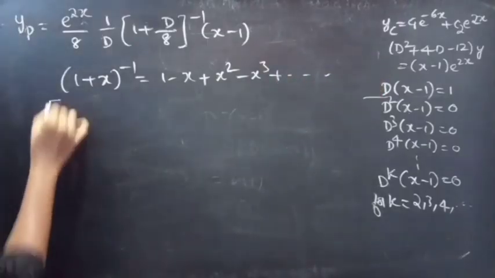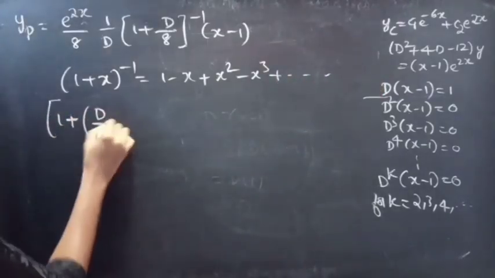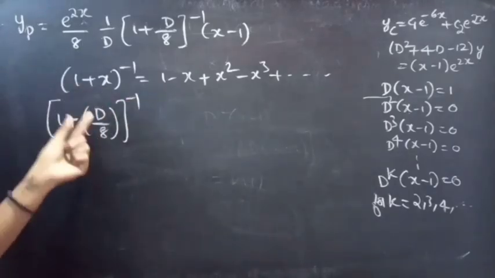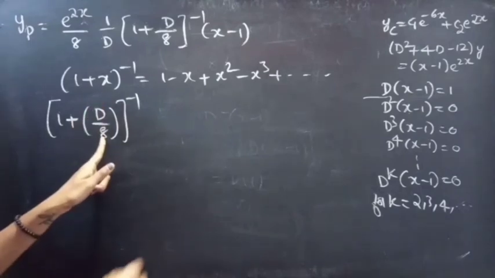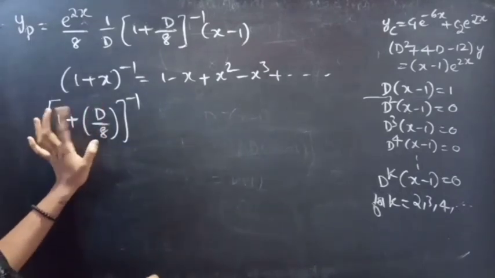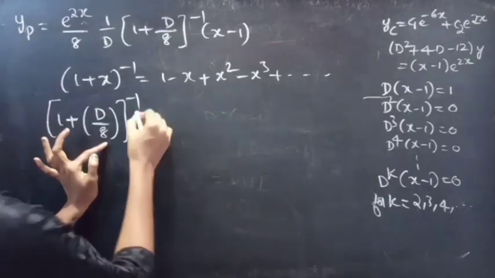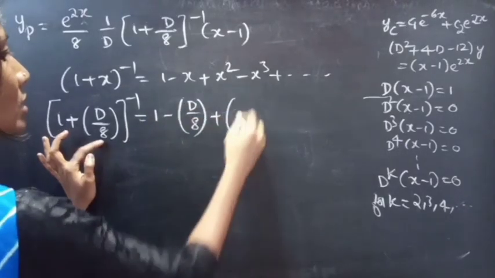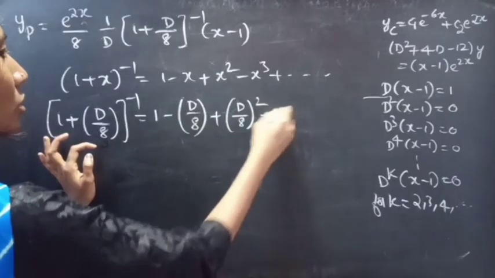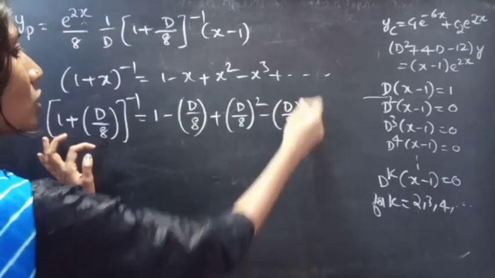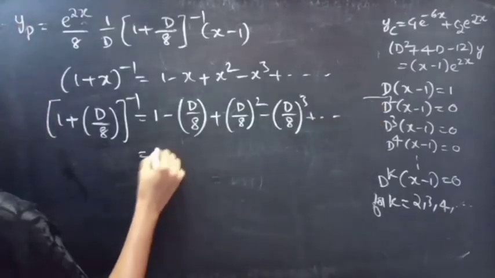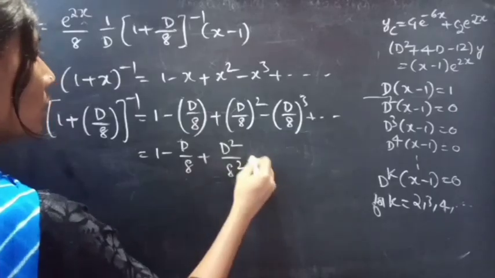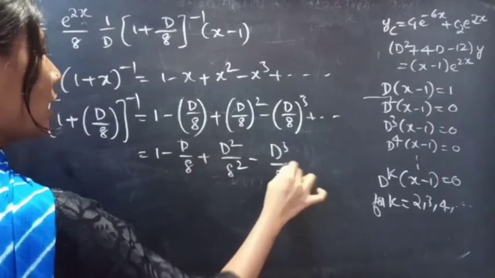Now just compare 1 plus x with 1 plus D by 8. For x equals D by 8, this is not x, okay, this is 8. For x equals D by 8, we'll get 1 minus D by 8 plus (D by 8) whole square minus (D by 8) whole cube plus so on. This equals 1 minus D by 8 plus D square by 8 square minus D cube by 8 cube